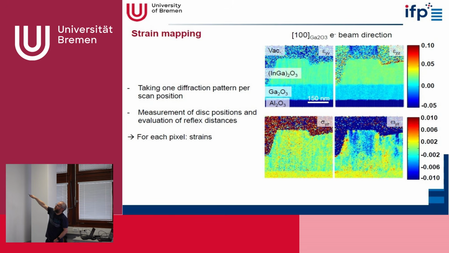First, here a strain component in y direction, so that means maybe in this direction, and in z direction, which is here in this case the growth direction. Furthermore, we can also measure whether there are shear strains. That means that the reflections will shift together so that they make such a movement. Or we can also see whether there is a rotation of the diffraction pattern between the layers. And that means we can get 4 different strains for each pixel. So quite a lot of data that we can produce.